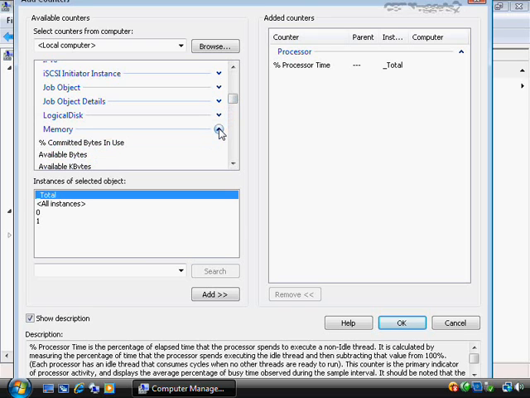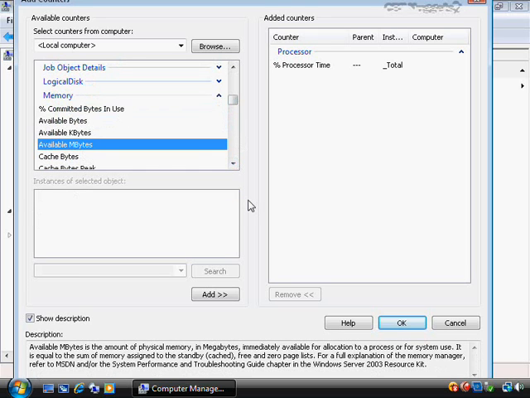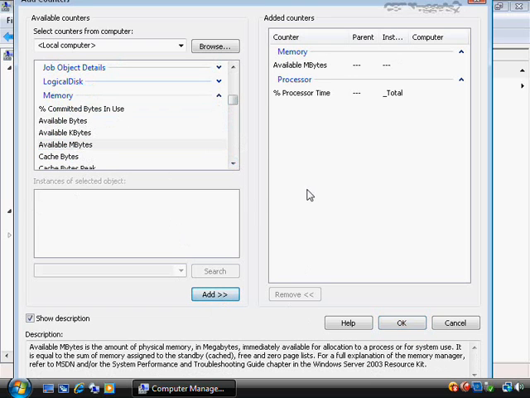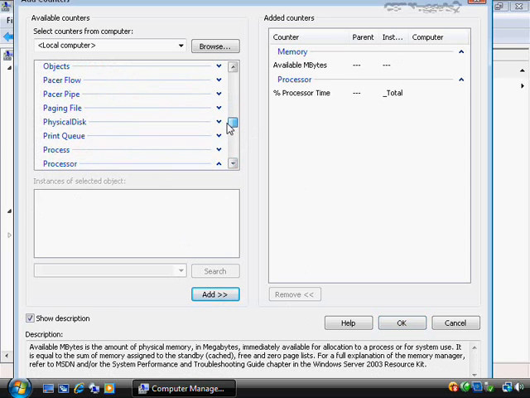One of the other ones I use, though, is the memory item. And with this one, I like to go to available megabytes, and this allows me to see how many megabytes of memory I have left over. And of course, you can be more granular in numbers with bytes or kilobytes if you want, but megabytes is fine for me. And then the last one I'll usually use, just to get started, is probably going to be